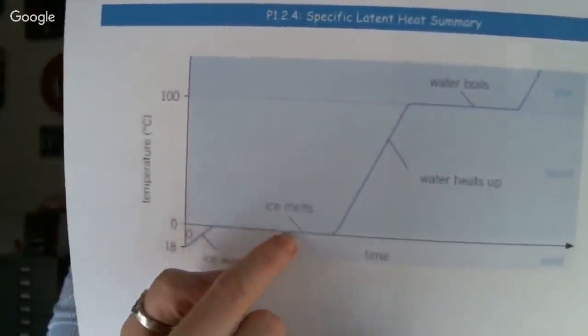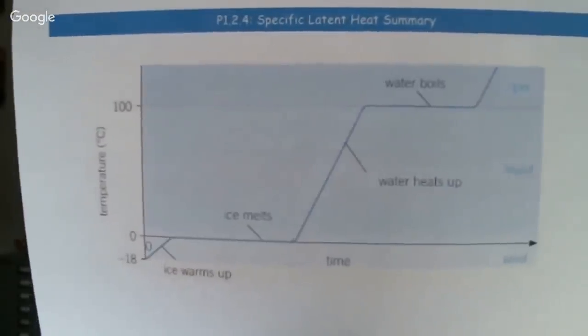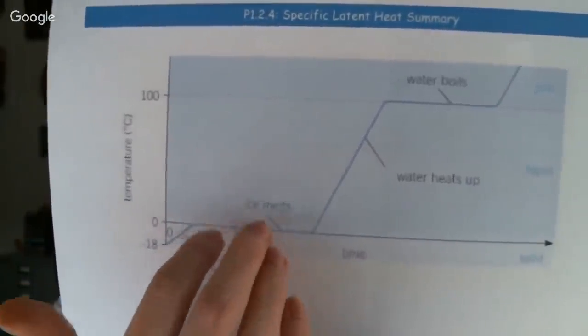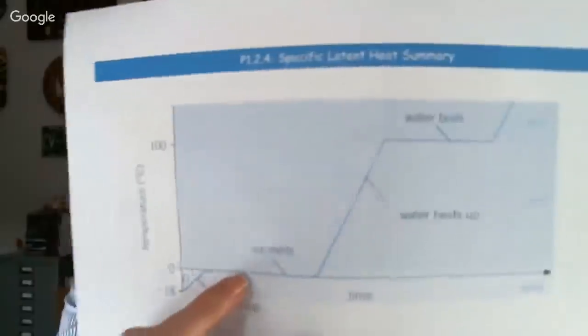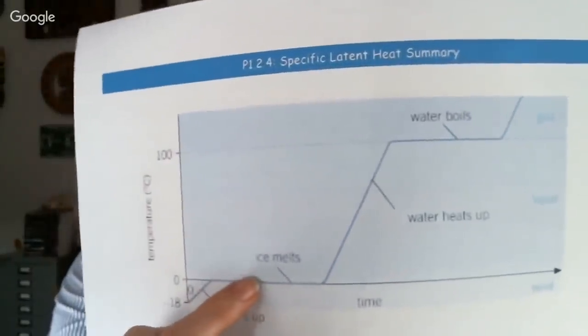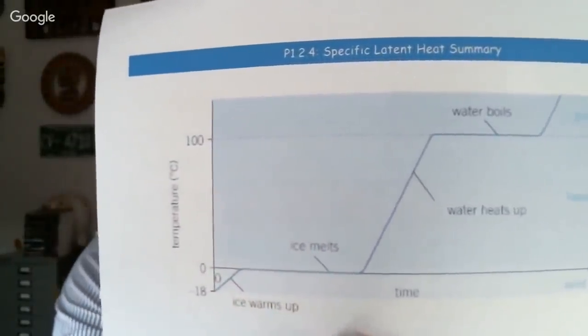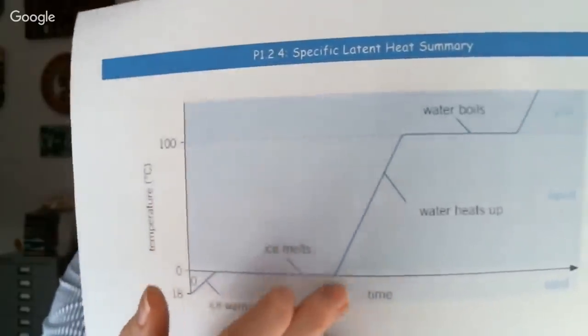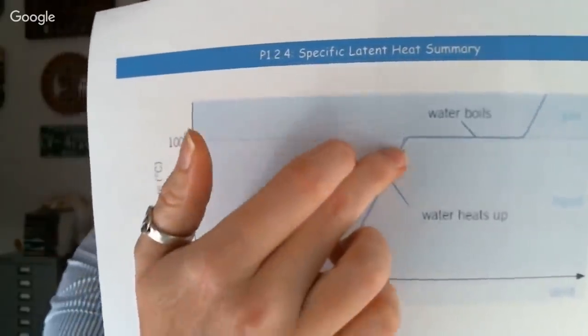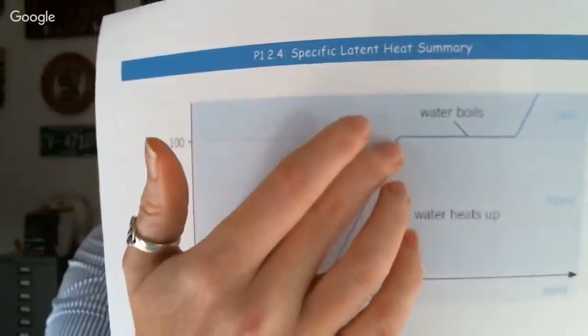So where it plateaus here, what we're actually seeing is that all of the energy going into our substance is actually being used to break the intermolecular forces that are holding the molecules together in that nice regular solid arrangement. So what we find is it doesn't increase in temperature here, because all of the energy is going into breaking those intermolecular forces. Then as soon as it's turned into a liquid, we see the increase again in temperature